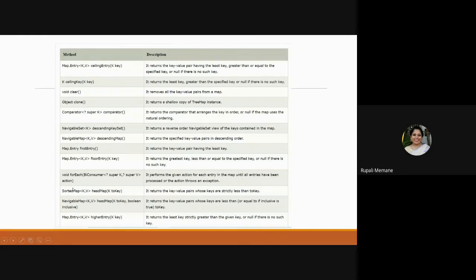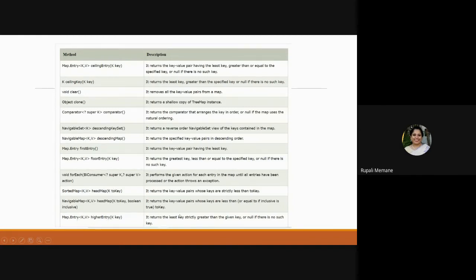So this way I am able to retrieve only by roll number. If I have to create batches, division A, division B, I say 1 to 50, I pass 50 here, all the students who are less than 50 will be in division A. And if I say tailMap here, 51 to 100 will be in division B.